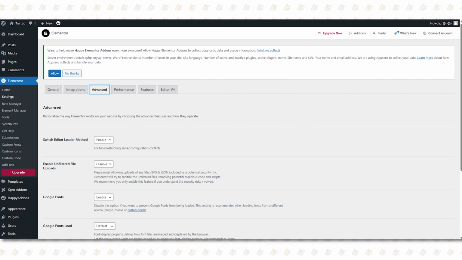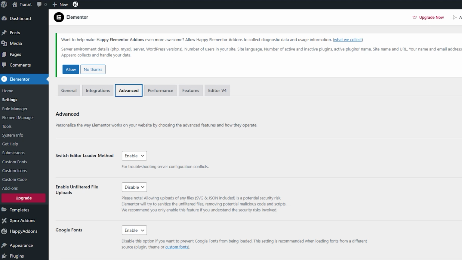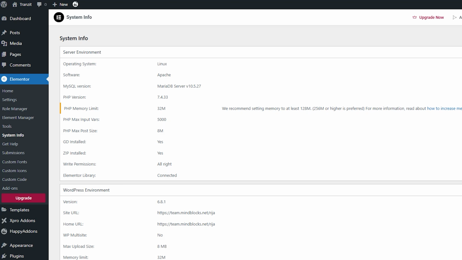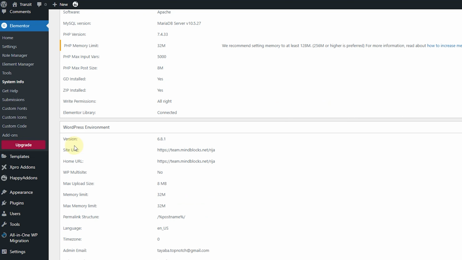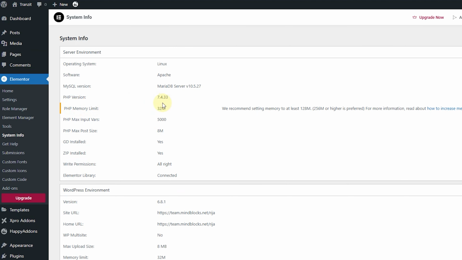That is to check Elementor system info. Your site needs certain settings to run Elementor properly. So go to Elementor, click System Info, and here check these settings. Your WordPress version should be 6.5 or higher. PHP version should be 7.4 or higher. PHP memory limit at least 256 MB. 512 or more is best, and I think this is the one causing the issue since there is a recommendation of increasing the memory limit. So if you're facing the same issue of having memory limit below 256, you might need to increase it.